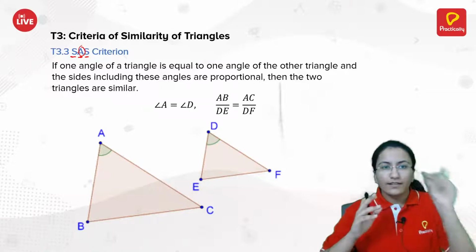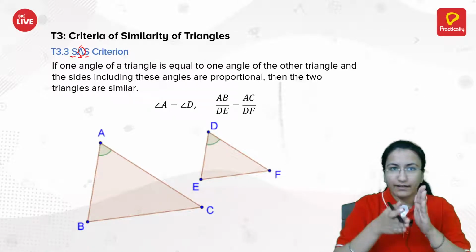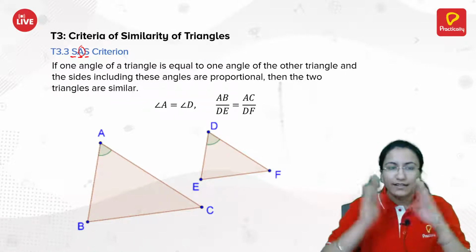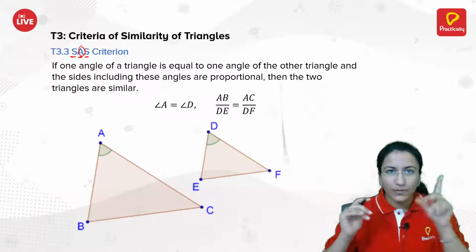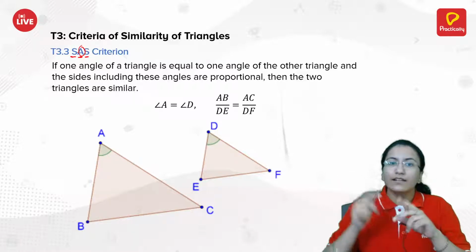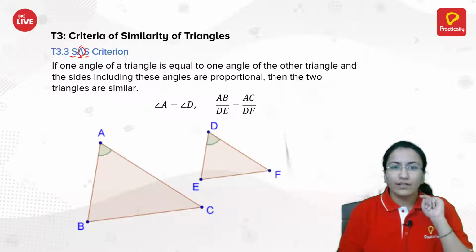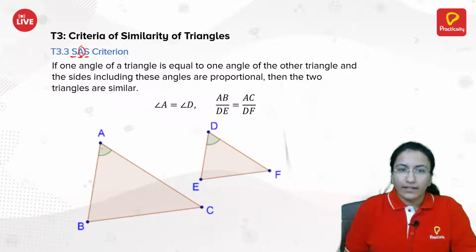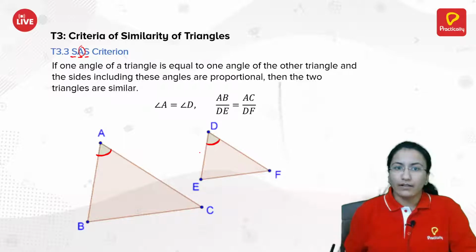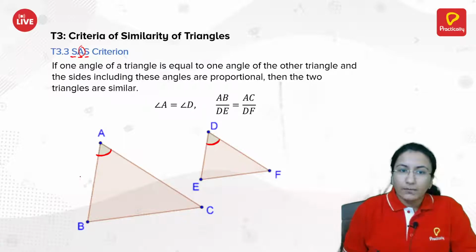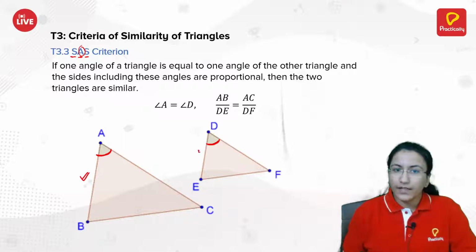That means you have two sides and an angle in between them, and the criterion is based on it. What exactly is the criterion? If you have one angle which is equal in both the triangles, and you also have this ratio, AB, this side, divided by